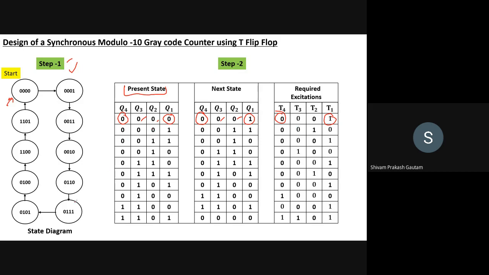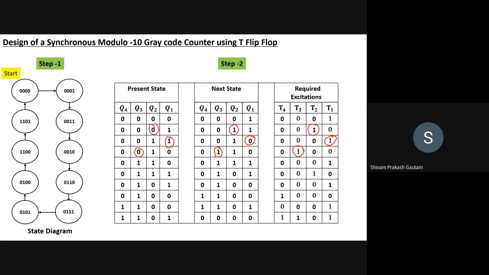Now we will focus on where our input is inverting or changing. So this 0 and it is 1. Only in this state our input is changing or toggling. For all the other cases it is the same. So only for T2 it will be 1. Now for next state, only this bit is toggling, that is the last one, T1. So T1 is the only 1. On next state, I think only this state is toggling, and if I make any mistake, you let me know. Rest are the same. So you can see T3 is 1.